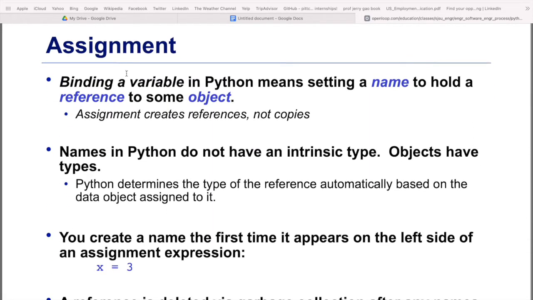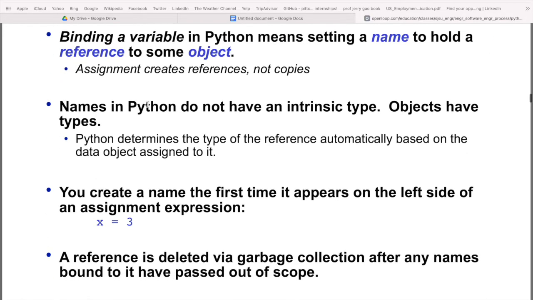Now we have assignment. Assignment is binding a variable in Python. That means setting a name to hold a reference to some object. Names in Python do not have an intrinsic type. Objects have types. The type of the reference is automatically determined by Python, based on the data object which is assigned to it.